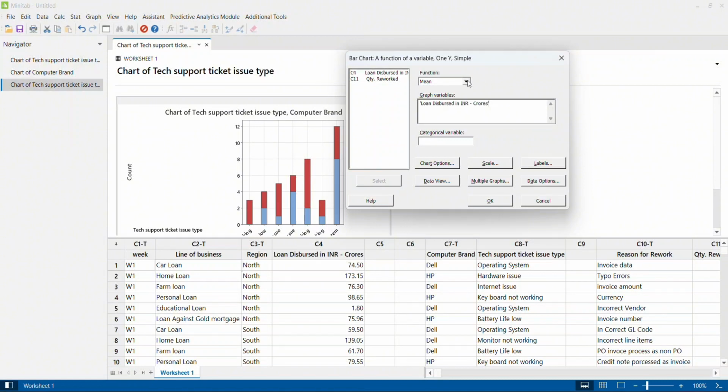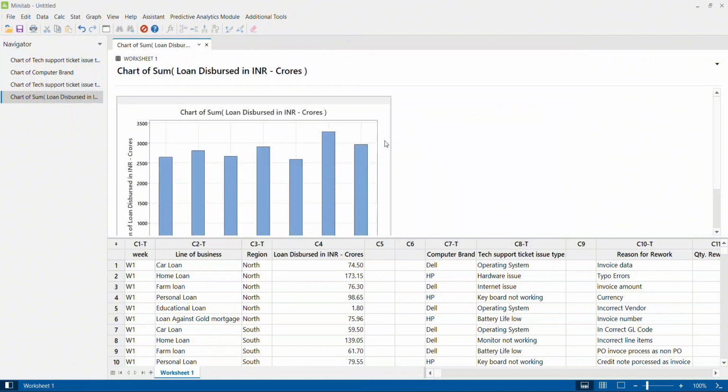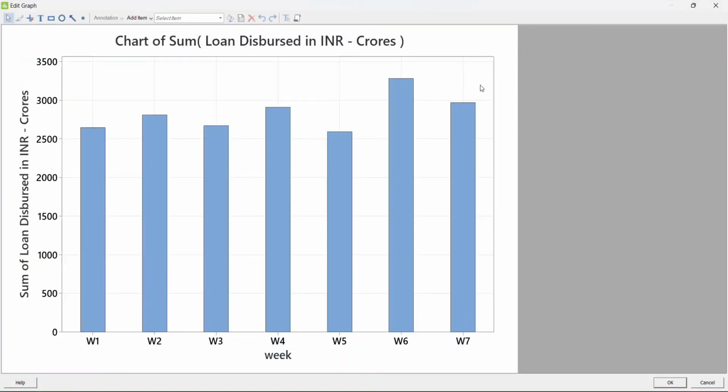And once I select this, do you want to have the average, or do you want to have the count, or do you want to have the sum, median? So you can select whichever descriptive statistics you want for that particular graph data which is loan dispersed. So I want sum, so I'm going to select sum. Okay, now I can say I want this for last 7 weeks. So I have week wise data, so I want this for last 7 weeks. So for a particular bank, what is the total loan dispersed week on week for the last 7 weeks? That data is available, and when I click OK, you will get week wise data, week 1, week 2, week 3, week 4, like that you get week